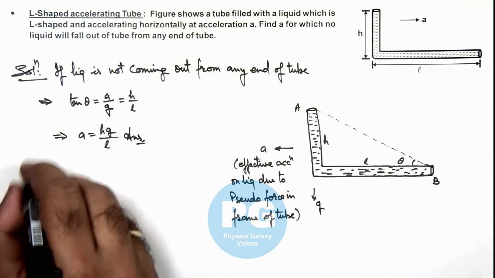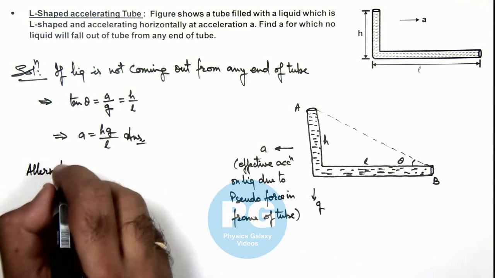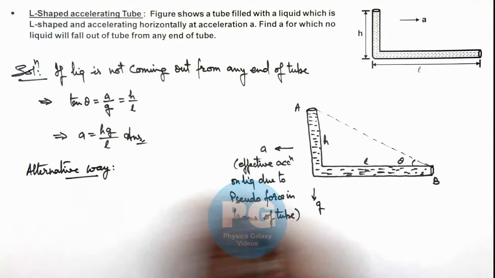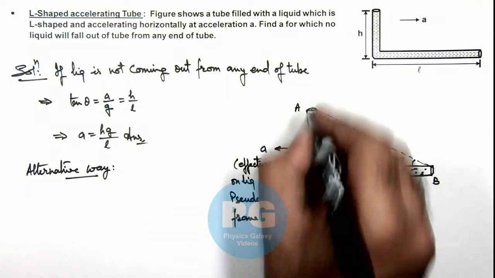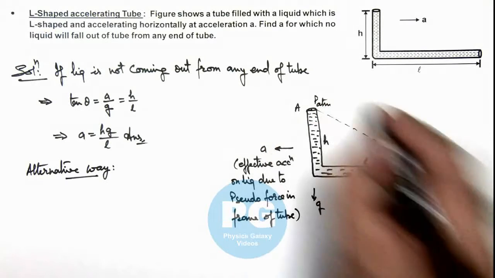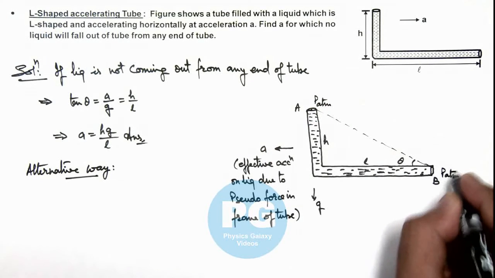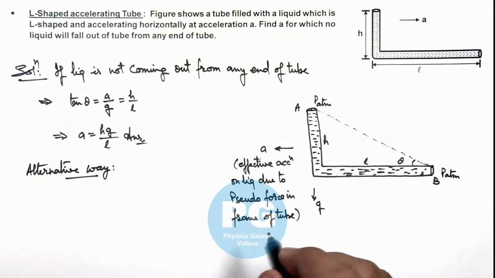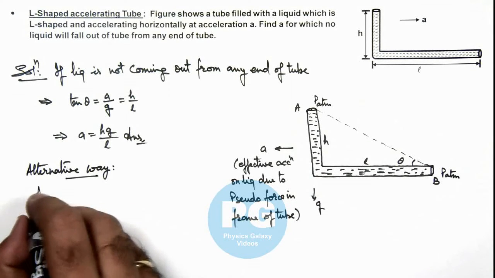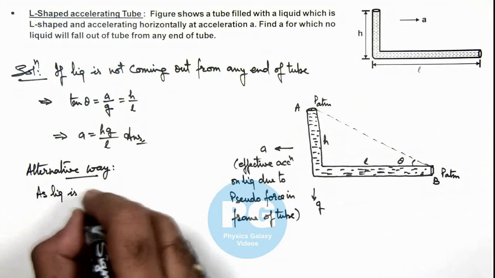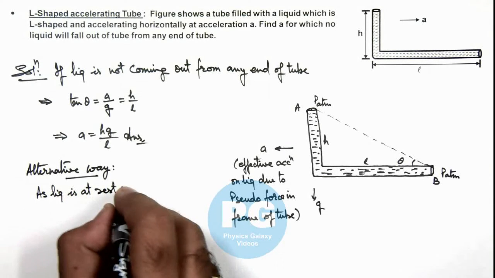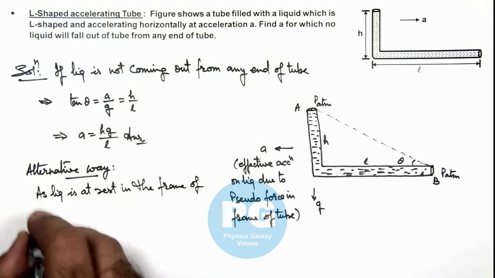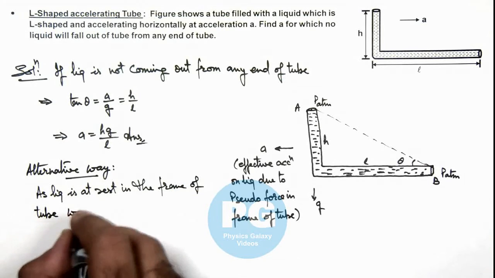And we can also solve it in an alternative way for this problem, like from end A to B, here pressure is P atmospheric, here also pressure is P atmospheric. So liquid should be at rest in the tube, in the reference frame of tube. So we can write, as liquid is at rest in the frame of tube, we can use